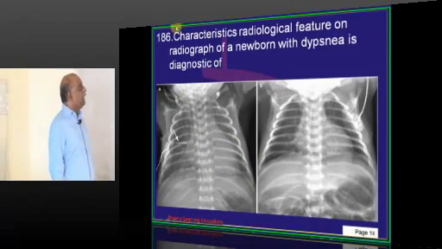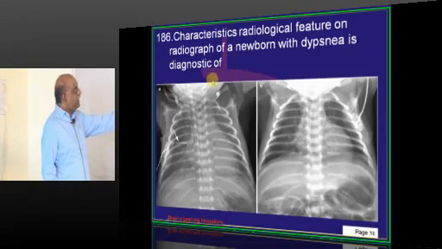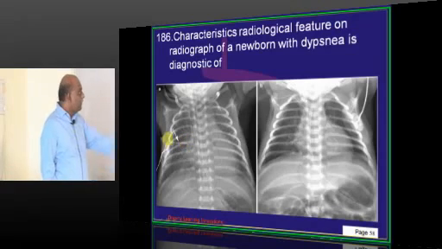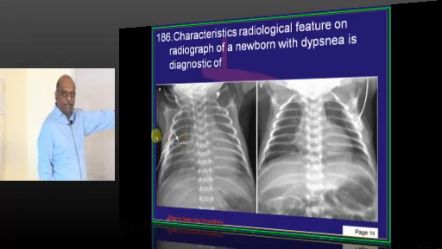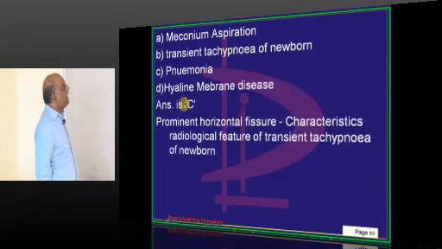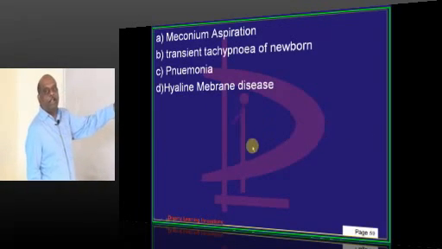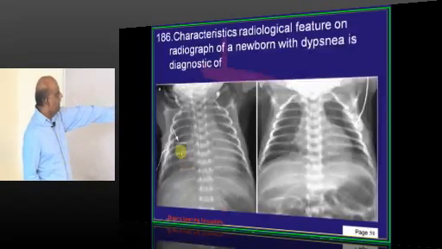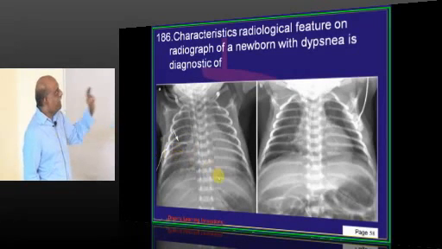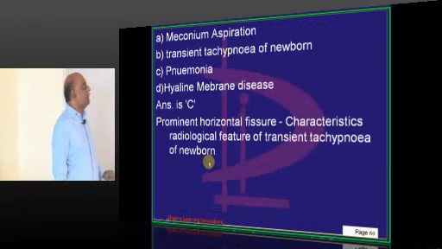Now, there is one characteristic radiological finding in a newborn presenting with dyspnea. Can you see here? This is typically the interlobar septum having a fluid collection, right? So that is a very classical prominent horizontal fissure. Can you appreciate this prominent horizontal fissure, which is a classical feature which you see in case of